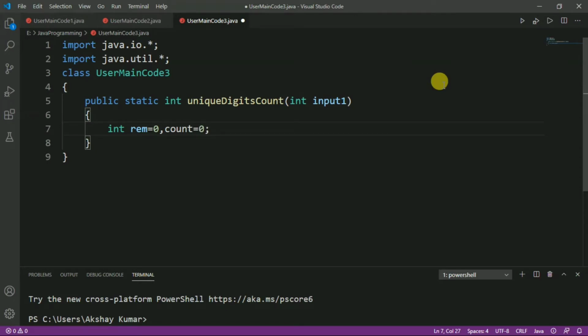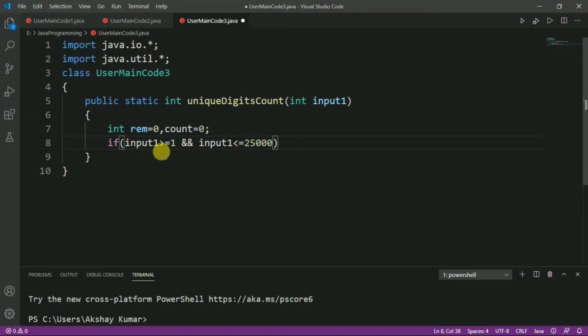Count is for counting the unique digits. After that we will write the condition for taking the number which is greater than or equal to 1 and less than or equal to 25,000. So we write input1 is greater than or equal to 1 and input1 is less than or equal to 25,000.